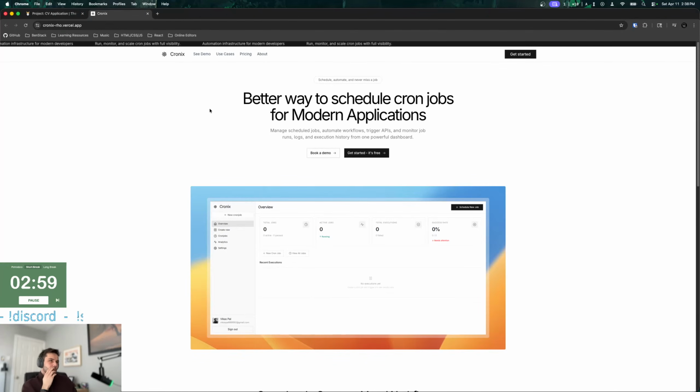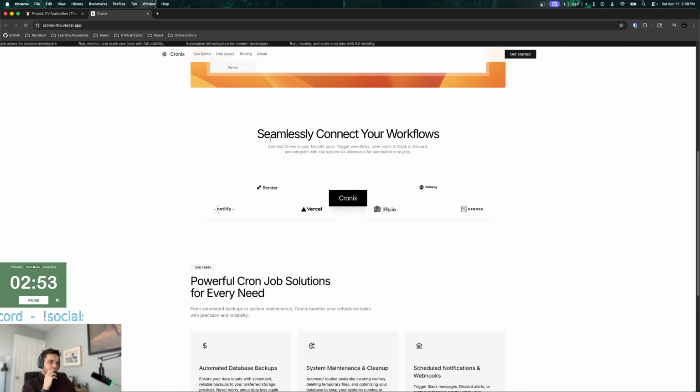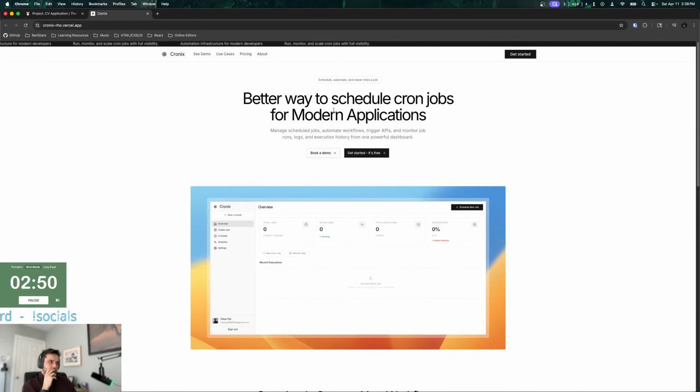Okay, so this looks pretty clean. This is pretty good. So what does this do? So it's a better way to schedule cron jobs for modern applications. Okay. Is this AI or is this like... Also, why is this off center? This banner here.